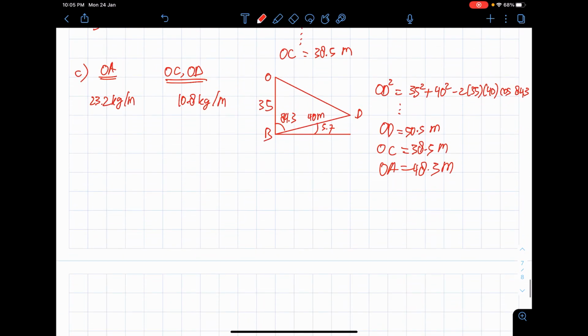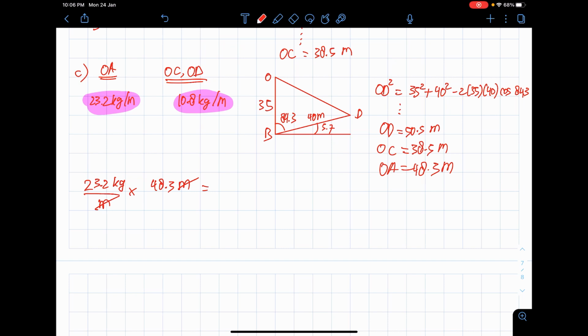Okay, so how do we do this? Now take a look. The units that we have are kilogram per meter, kilogram per meter. So I feel that if we multiply these numbers with the length, for example 23.2 kilogram per meter, I can write it like this, multiplied by 48.3 meter, you'll actually cancel the meter, giving you some kind of a weight. Now, this I believe is the amount of weight that the cable can actually hold. A maximum of 2.1 tons, but we just need to find out whether it actually exceeds that amount.